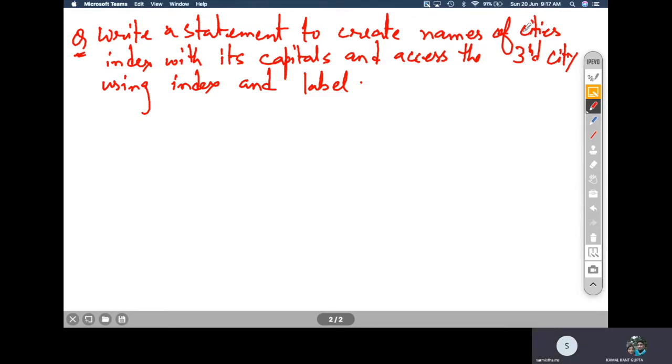Okay, sir. Well, every city has a capital in its own term, right? So you can do that. Bardwan has a capital, Lord Curzon Gate. Do it.